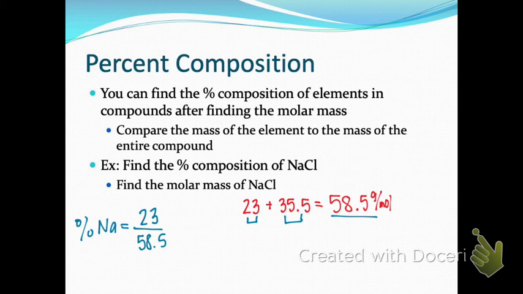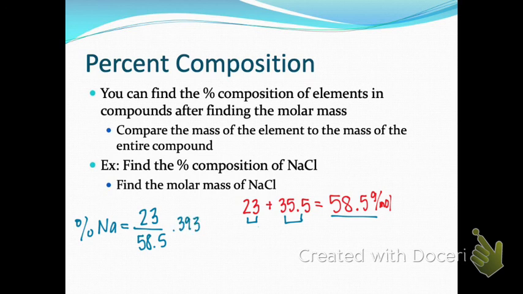We're taking the part divided by the whole. That's not going to come out as a percentage, it's going to come out as a decimal. So 23 divided by 58.5 gives me